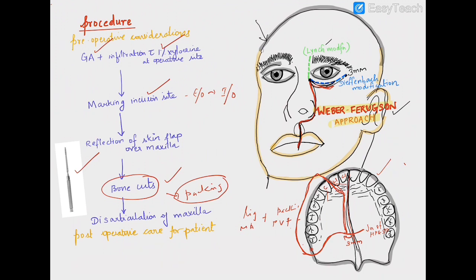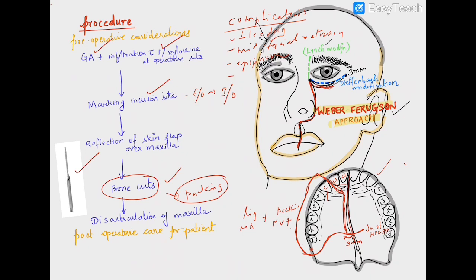Coming to the complications, what are the complications that can occur during maxillectomy surgery? The first one is bleeding, because the entire midfacial area is highly vascularized. Sometimes with the removal of the maxilla, the patients can have midfacial retrusion, because since the maxilla is removed, the face will appear as if there is a retrusion in the midfacial region. Some patients can have epiphora because of blockage of the tear duct, so there will be uncontrollable tear secretion from the eyes.